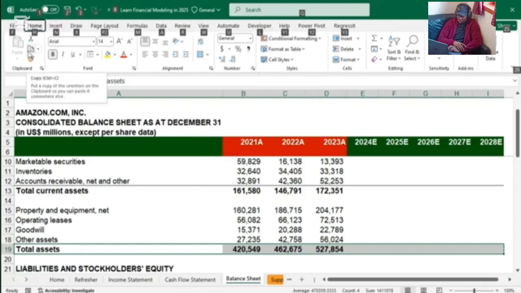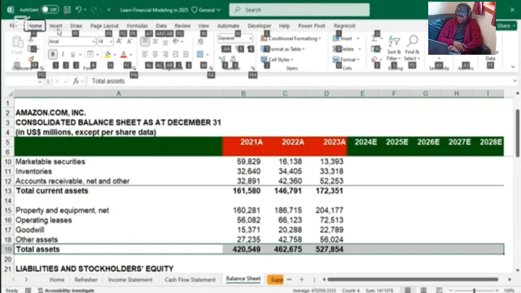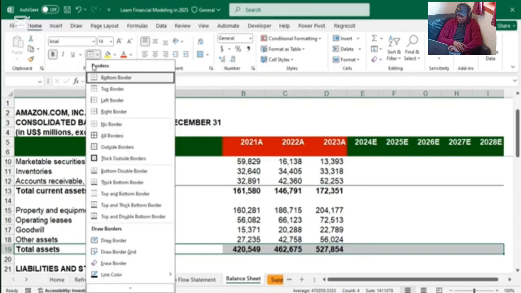Now I want us to go to the home page, and the home page is designated using the alphabet H. So I'll hit H. When you hit H, it's going to highlight all the various sections on the home tab. All right, so I want to insert border, and border is designated by the letter B. So I'll hit B,